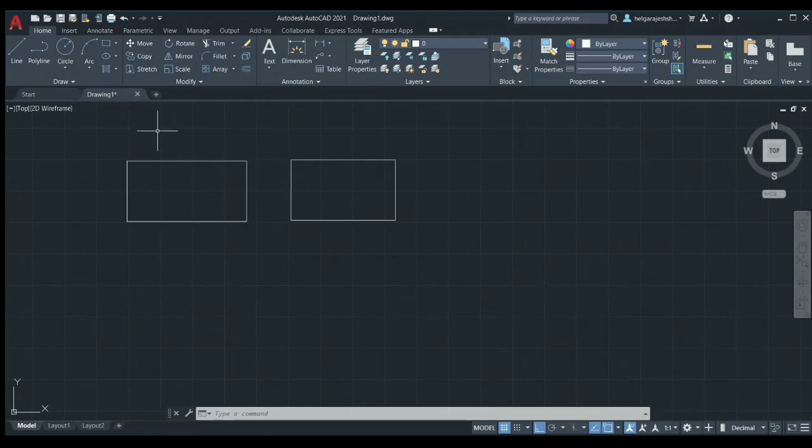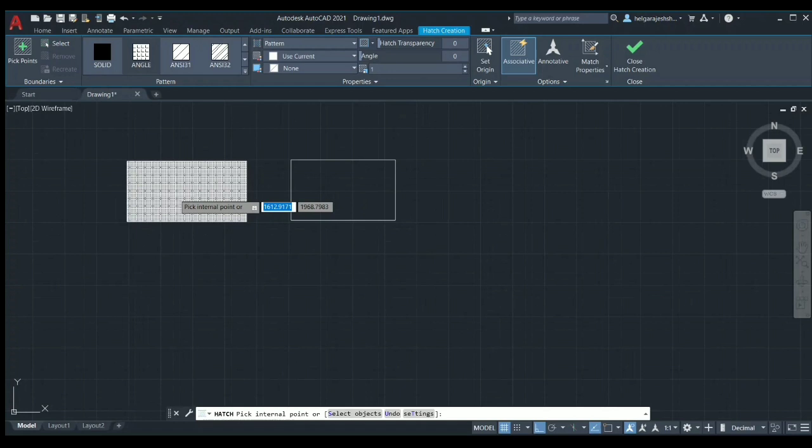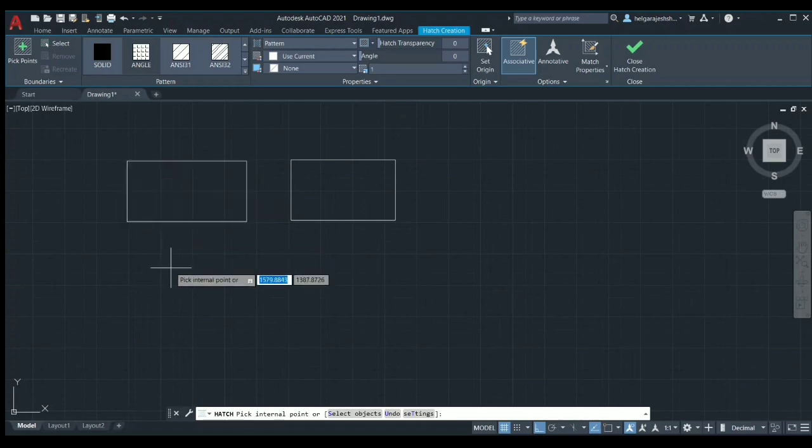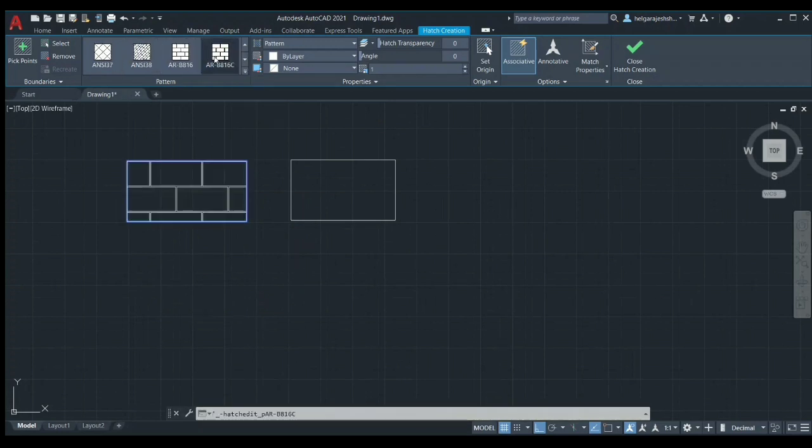Now the other icons present in the draw ribbon are circle, arc, rectangle, ellipse and hatch. So let me tell you how the hatch works. I'm clicking on the hatch icon and a hatch creation menu has opened up. After choosing hatch, I am placing my cursor over the rectangle and I could see a hatch pattern that is going to appear. For having that particular hatch, just click on it. And now click escape. Now it is selected. Several hatch patterns are available in the library, so you could choose a hatch pattern according to your need.